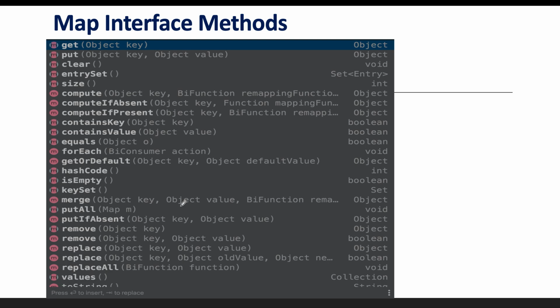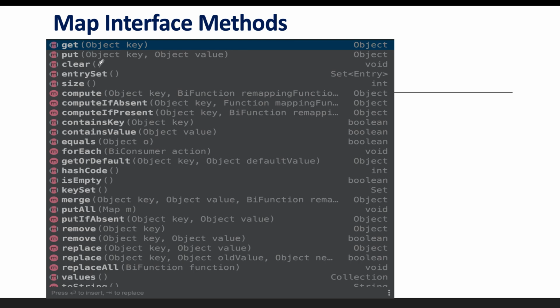Similar to any other collection, the map also contains a list of methods, and these methods are going to be implemented by implementing classes like HashMap, LinkedHashMap and TreeMap. These are some of the methods that I have listed down from IntelliJ. Basically, there is one method called get, which expects some key, and based on the key it is going to return the associated value. Similar to get, there is a method called put. Using the put method we will be able to insert a record. We know that a map can contain key and value pairs, so we need to provide both key and value. Then another method available inside the map is clear.